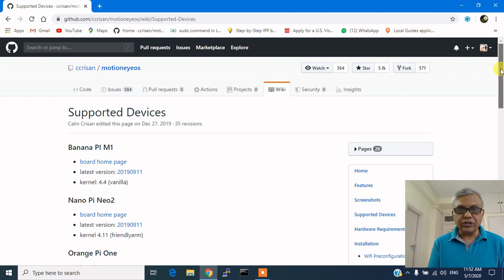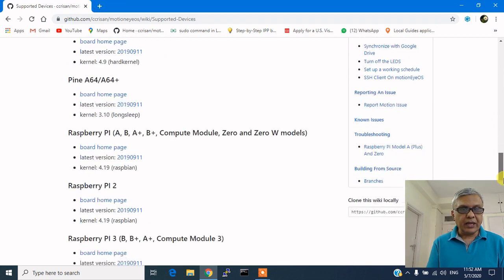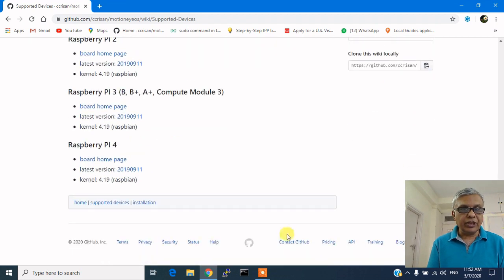Go just down below, and here we will see Raspberry Pi 4, and here the latest version is this 20190911. I will just click download.